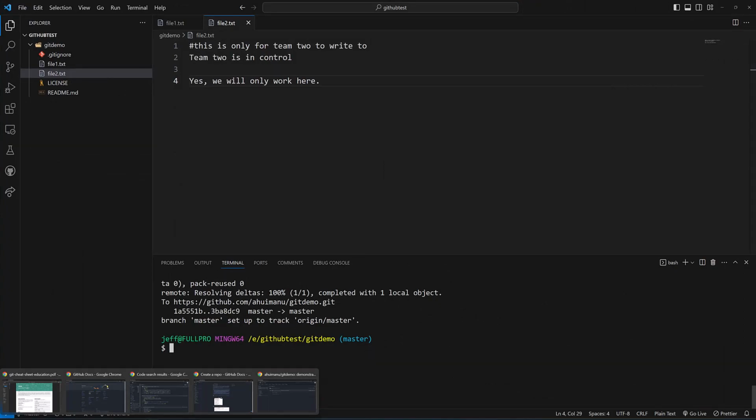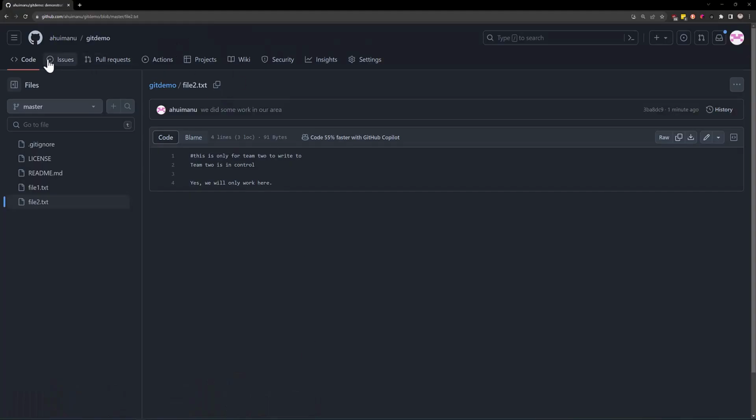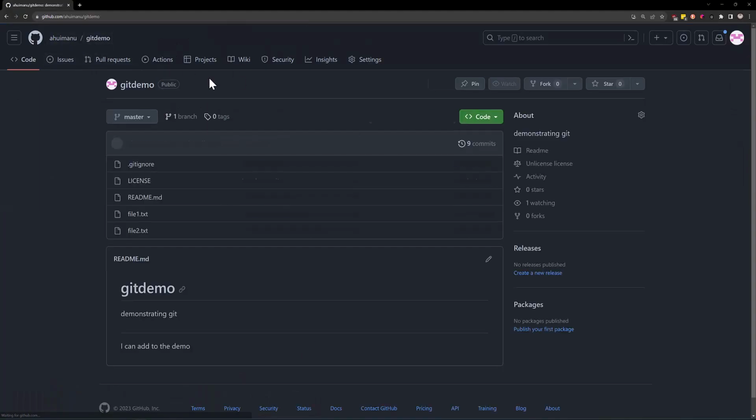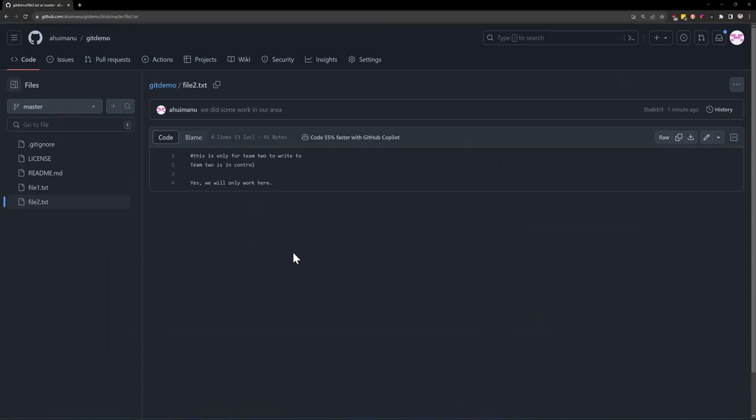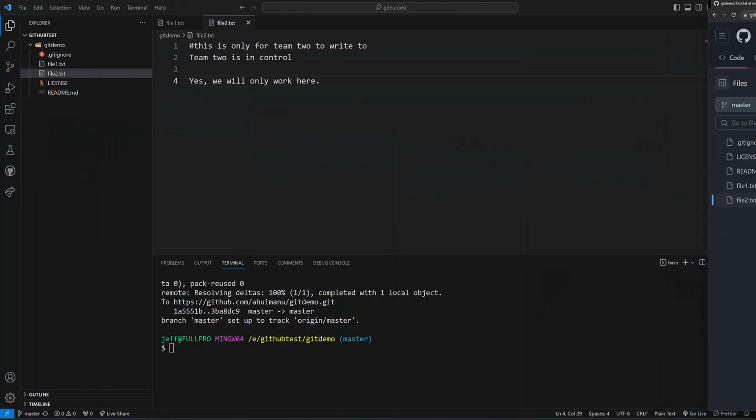And then we'll pull up the Git demo. Yes, we will only work here, right? And I think you get the point, I hope. If not, just rewind this video a couple times. You stay out of each other's way by staying out of each other's way. So even in a complex